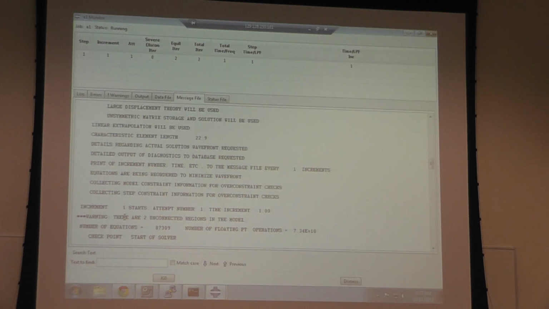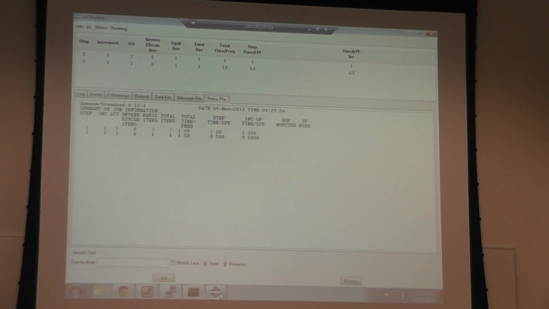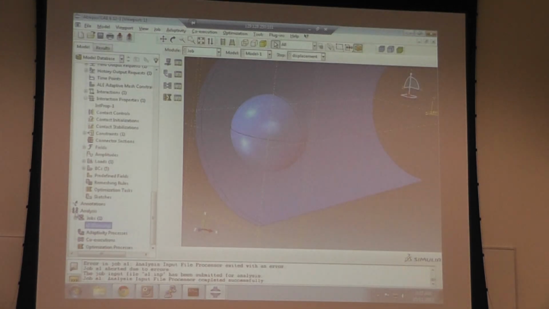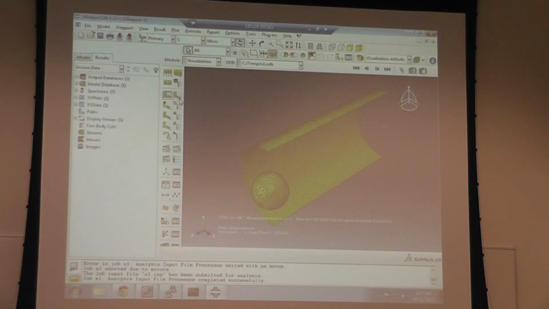So you have here a warning: there are two unconnected regions in the model, because at the beginning these two parts are far from each other. The software is just letting you know that, in case you don't already know of it, you have two unconnected regions in the model. So let's look at the results. So this is the first. As you drop the ball,